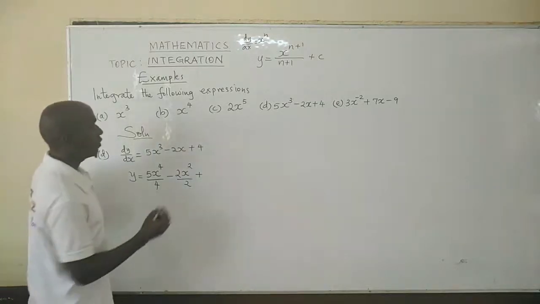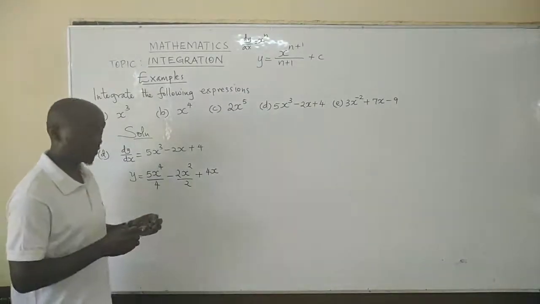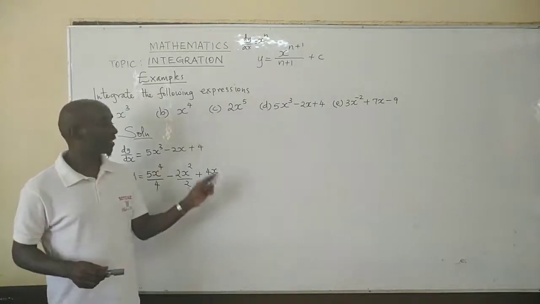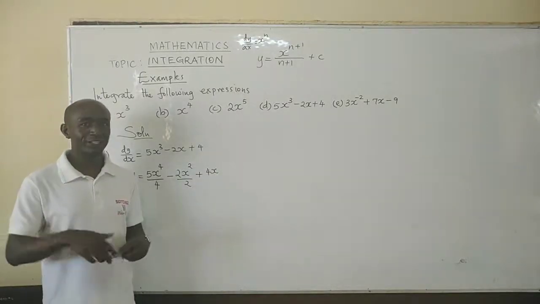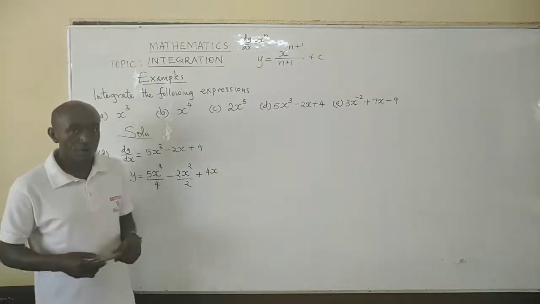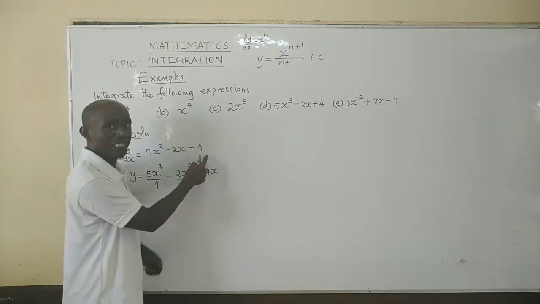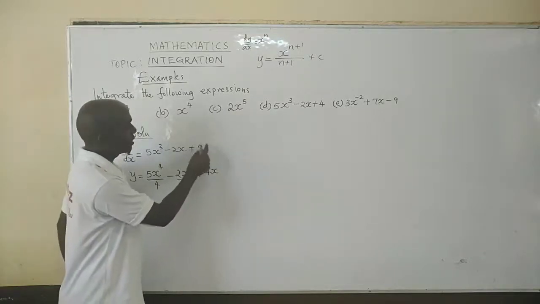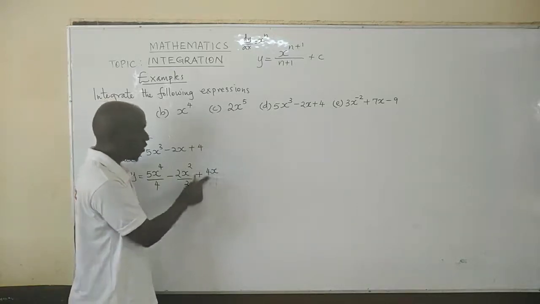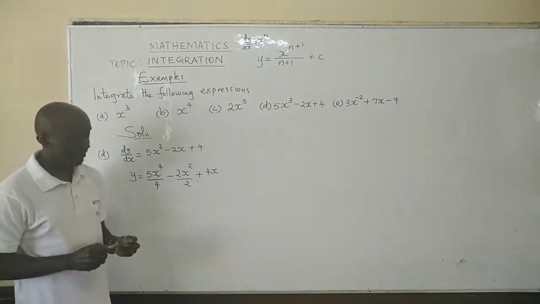If you integrate 4, you get 4x. I hope you remember the process of differentiation. If you differentiate 4x, you get 4. Therefore, if you integrate 4, you get 4x. Or if you want, you can put an x power 0 here because x power 0 is the same as 1. It won't change anything here. So x power 0, so 0 plus 1 is 1. So 4x power 1 over 1, meaning it will remain 4x.